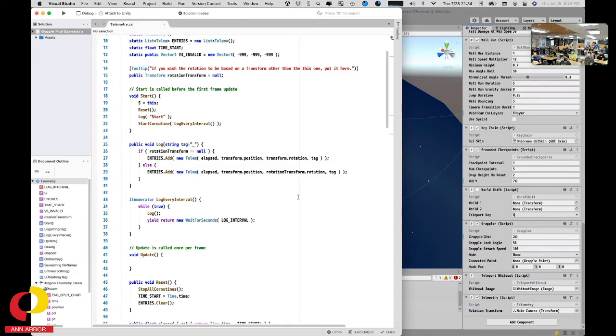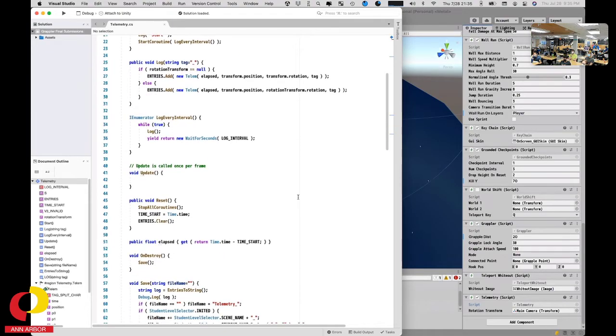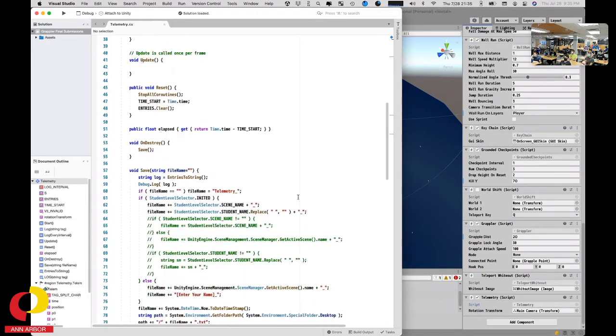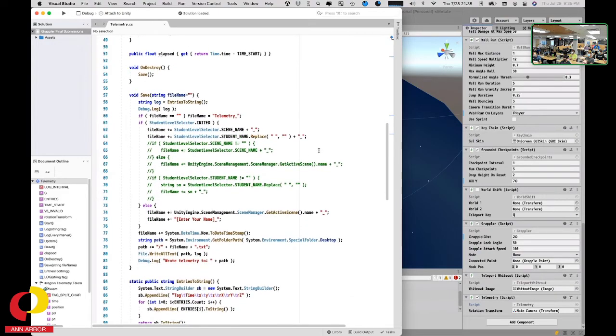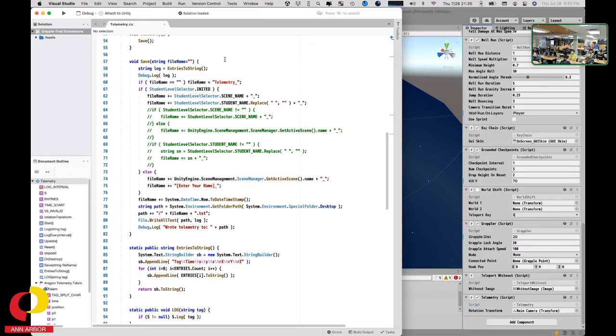So I've got a coroutine that every interval will do a log, and then anything for special events like jumping or ground pounding or attacking or starting a grapple or ending a grapple will create a log, at whatever time it happens. That's basically what this does, and then when it saves it,